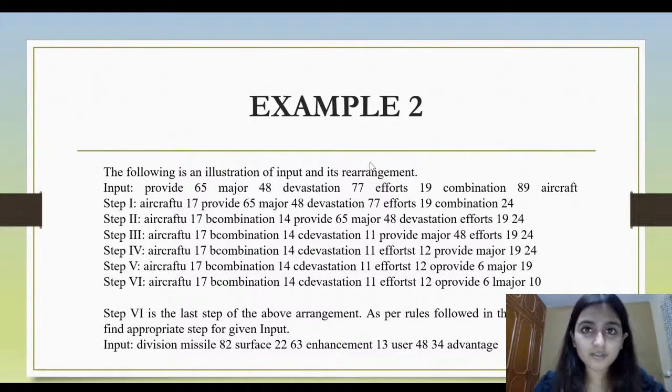One thing is still left. What is the change that you're bringing about in the words that are given to you? Now you see that in aircraft, the letter U has been added after the last letter. However, in the word combination, the letter B has been added before the first letter. What is the difference between aircraft and combination? I hope you all understand that the word aircraft begins with a vowel, whereas the word combination begins with a